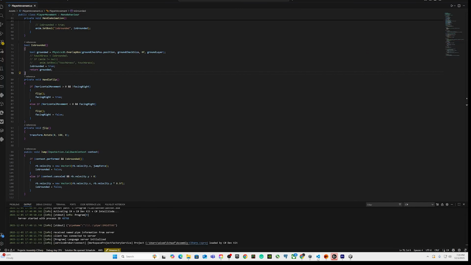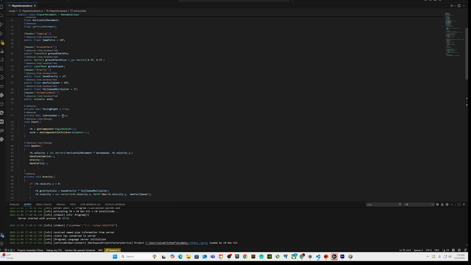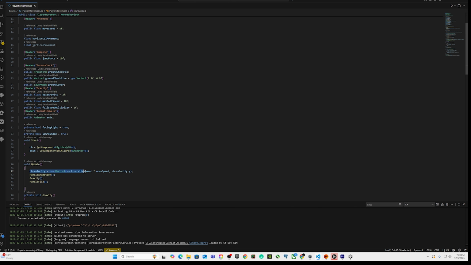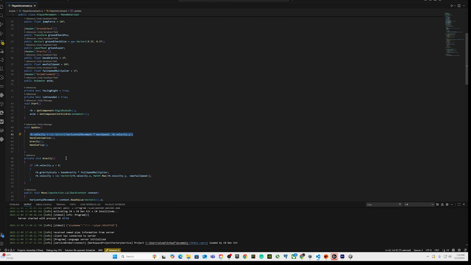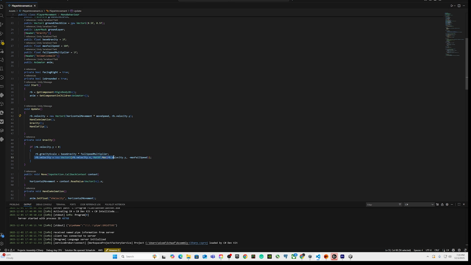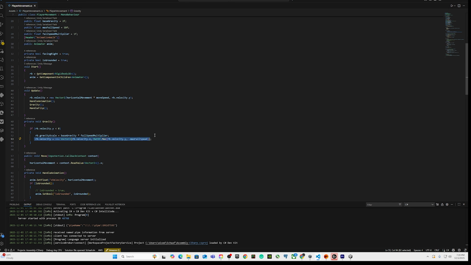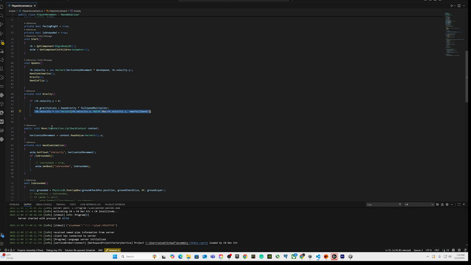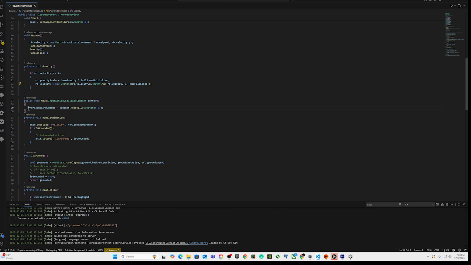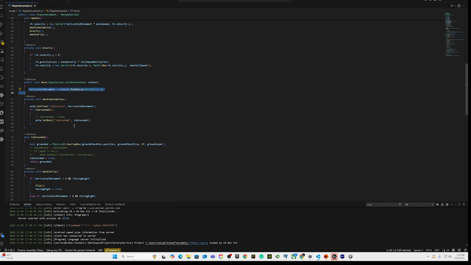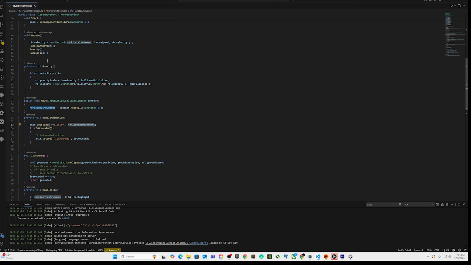So if everything's lined up in the code, where it is getting this velocity for your rigid body, how it's moving as far as physics, and then it's getting your velocity here, gravity, this is the gravity section. Now horizontal movement is reading the context of X, like how you're moving left to right, and that's translating to horizontal movement. And you can see for the animation.setFloat, X velocity was what I made in that blend tree, but I'm using, since I already have this horizontal movement set up here,